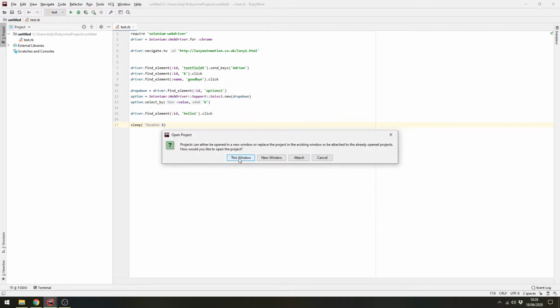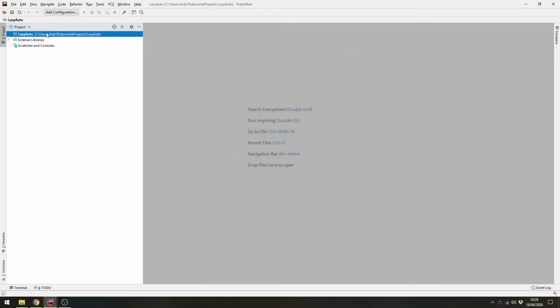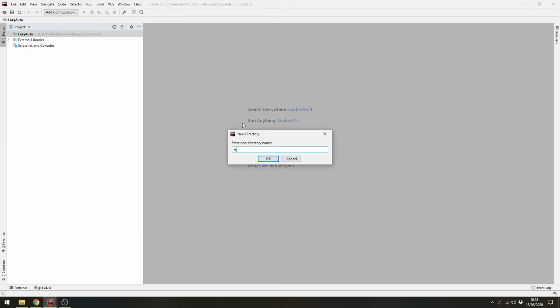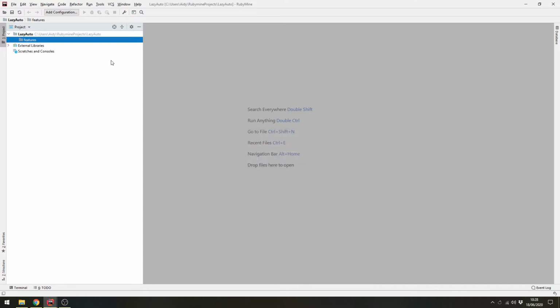Create this window. Right, the first thing we want to do, so the way that this works is you create a bunch of files called feature files, and the feature files contain your tests. So first of all, we'll create a folder and we'll call it features, and that's where we will keep our feature files. And if I do file, new file, we'll call the first one